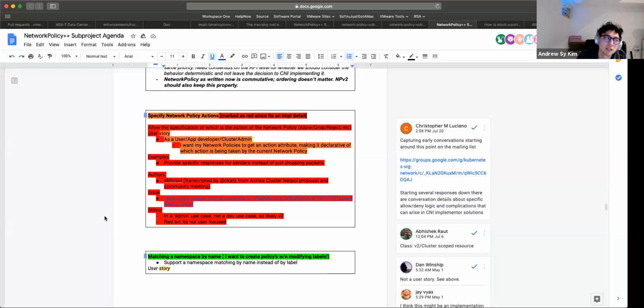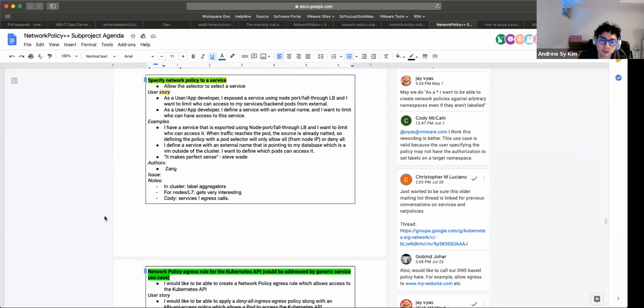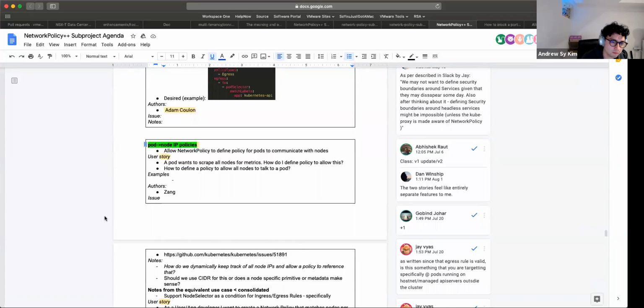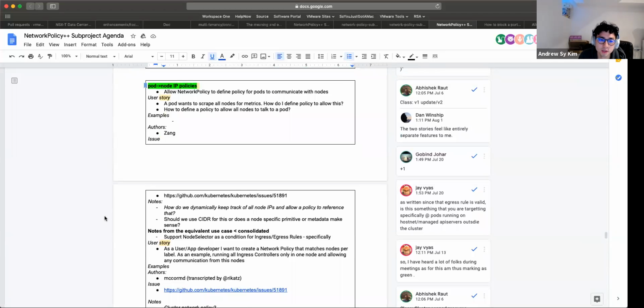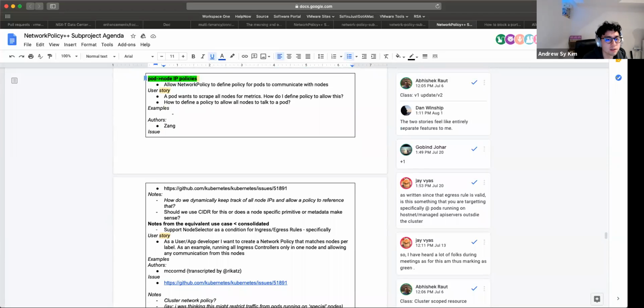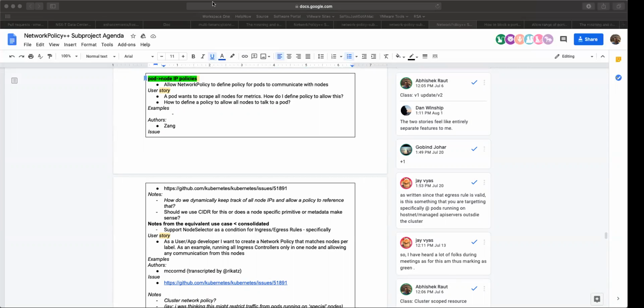So it has the internal IP, external IP fields, or types. Should an implementation of network policy decide which address type to use, or should the address type information be exposed as part of the network policy API to say select these nodes with this label and only take their internal IPs? Yeah, that's.